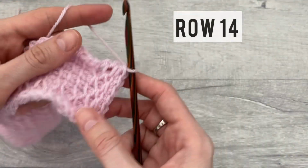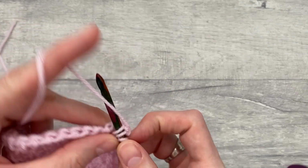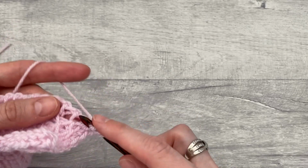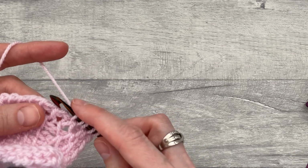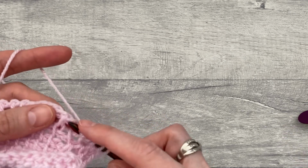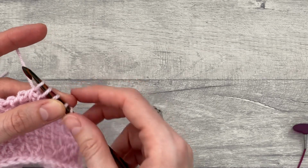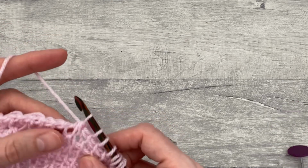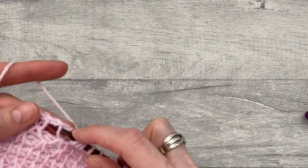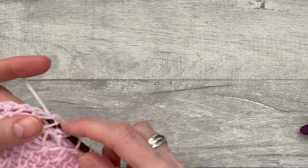For row number 14, we will start with 2 Tunisian simple stitches together and yarn over twice. So 2 Tunisian simple stitches together, yarn over, 2 Tunisian simple stitches together, yarn over, followed by Tunisian simple stitch in next 4 stitches. So that's 1, 2, 3 and 4, followed by Tunisian 2 simple stitches together, yarn over 3 times. So Tunisian 2 simple stitches together, yarn over once, second time and third time,